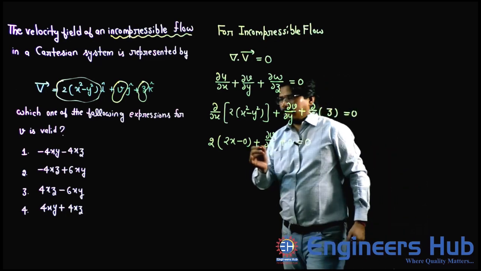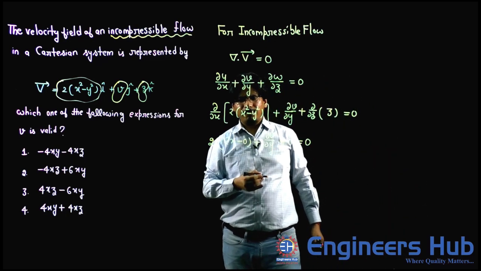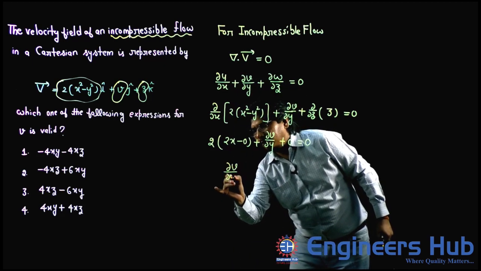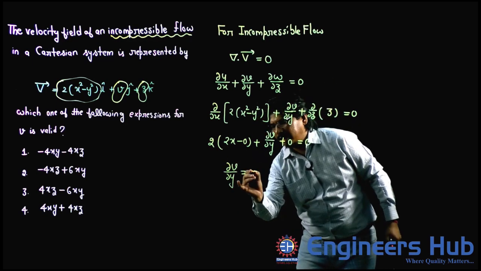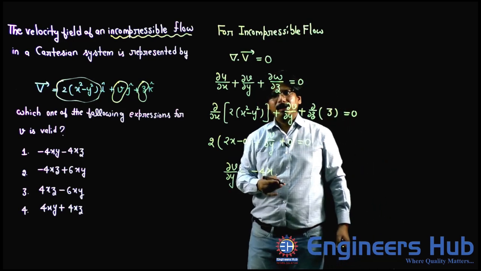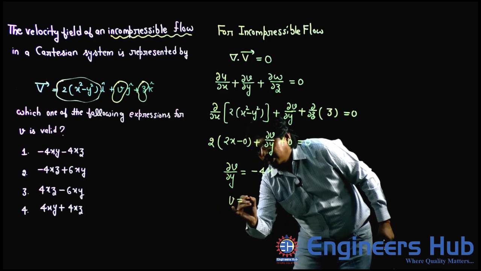So my friends, 2 into 2x will be 4x. So basically what I am getting now, dou v by dou y is equal to 4x. Let me bring it to the right hand side, minus 4x. So let us integrate with respect to y. Let us see what we are getting. V is equal to minus